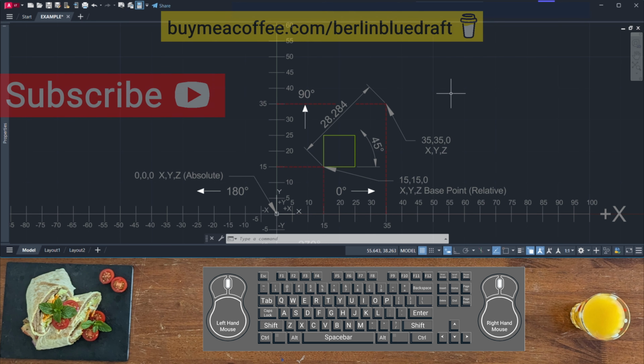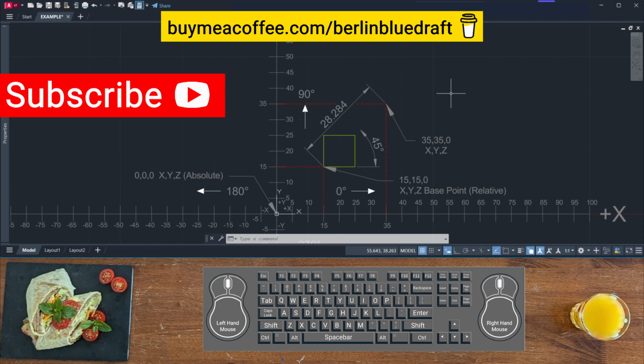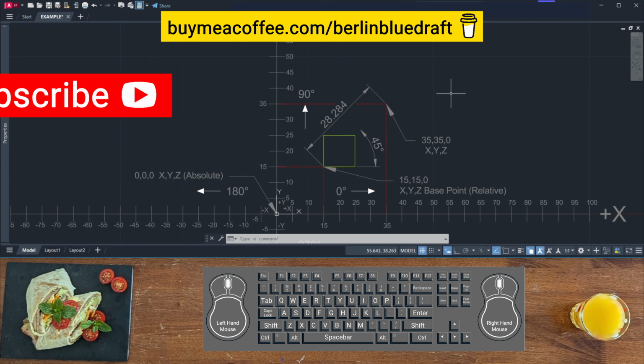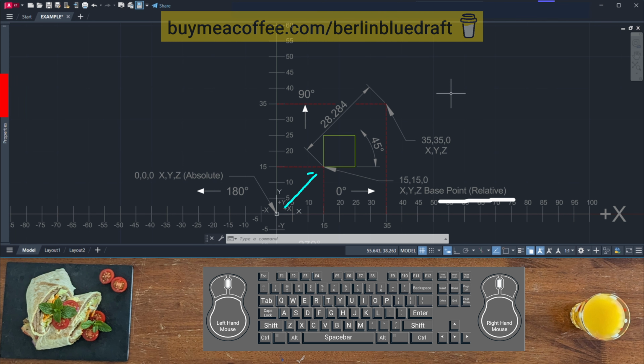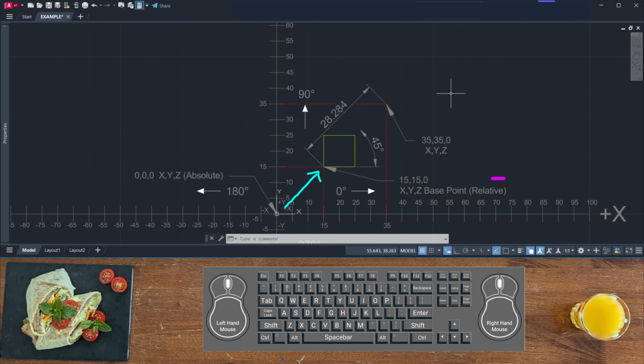Copy and paste with polar coordinates, dynamic mode set to 3, relative base point. When copying, if the dynamic mode is set to 1 or 3, AutoCAD will assume that it is the relative point that the point will be taken from. In the example, the base point will be located at the bottom left of the object, which is positioned 15,